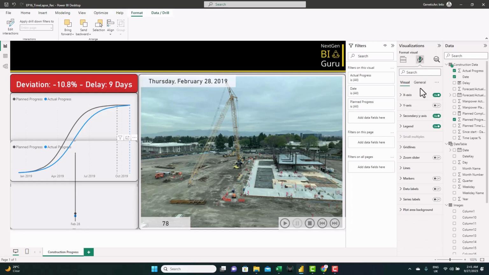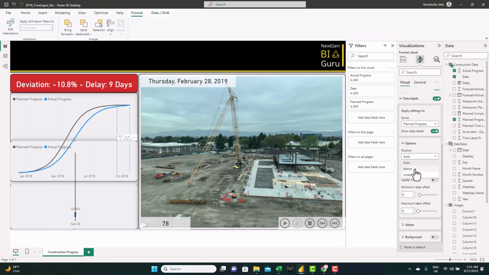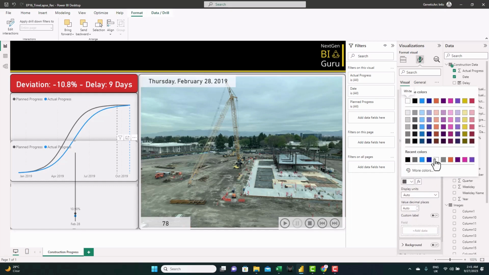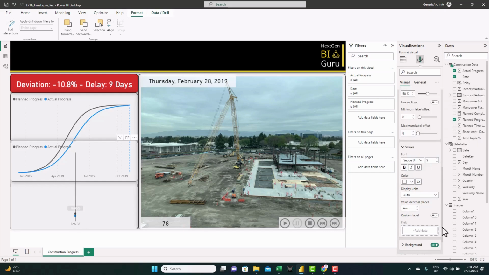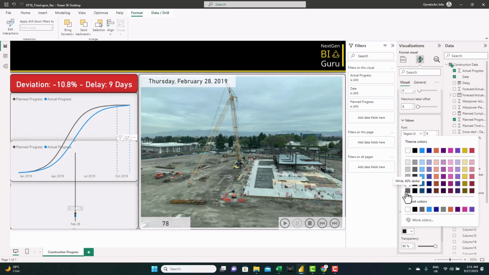And we also, from visual, add marker and we add data label. We can format this data label. For the planned progress, we can put the position always above, and for the value we make the color white, and we add a background with the same color of the line, gray.